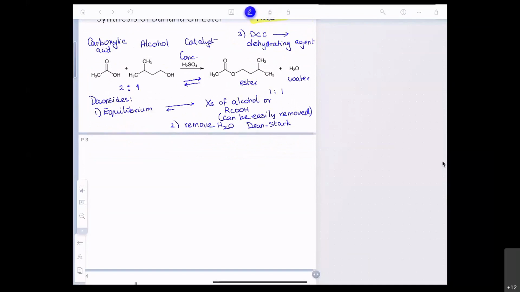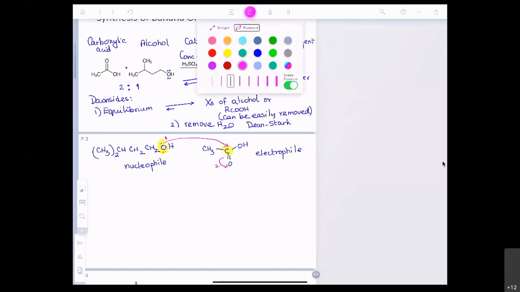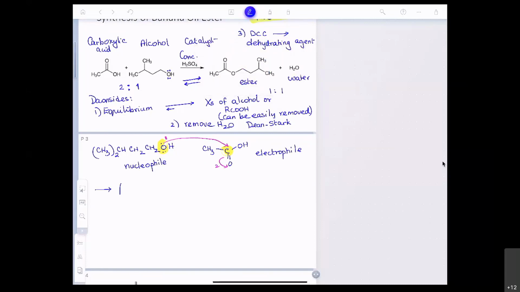So the first step, we're going to treat the alcohol as a nucleophile. So we've got CH3 twice CH, so I'm just converting it into a condensed structure, CH2, CH2, and then OH. This is going to be our nucleophile. Our nucleophilic site, of course, is the oxygen. And then I'm going to take the carboxylic acid, which is going to be the electrophile. And the electrophilic site here, the site with the positive charge, is the carbon. So oxygen attacking the carbon, arrow 1, double bond O, becoming O minus. We've done this a few times. That's going to give us,